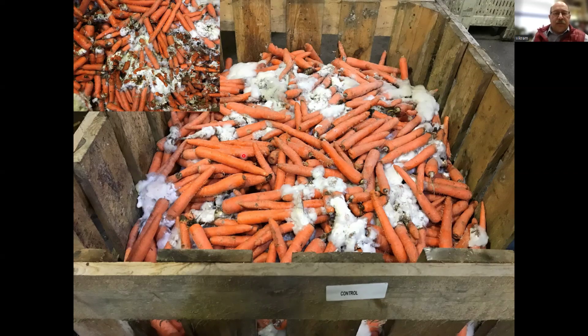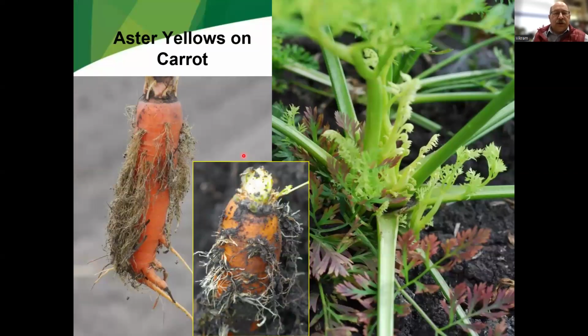Anyway, there is another disease. Some of you may have seen hairy carrots, and these are probably because of this aster yellows. This aster yellows goes on to many other crops. Canola is one of the other major things. It goes onto the asters, flowers. It goes on potatoes,